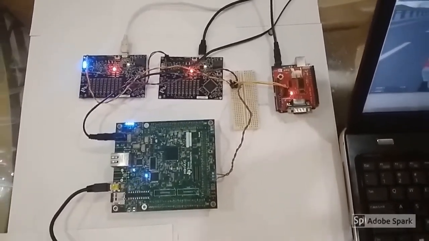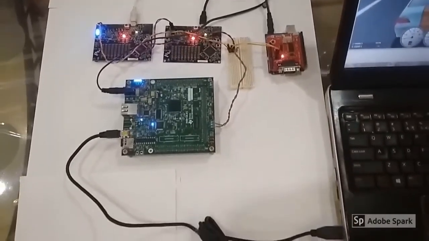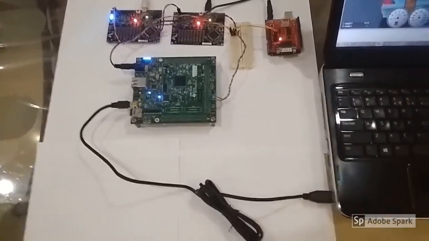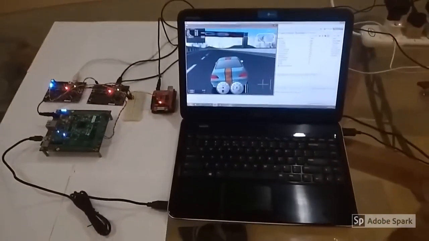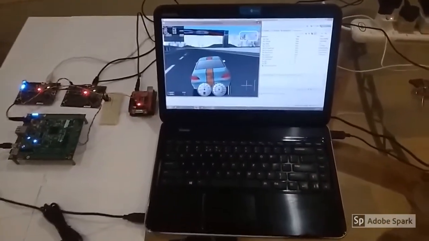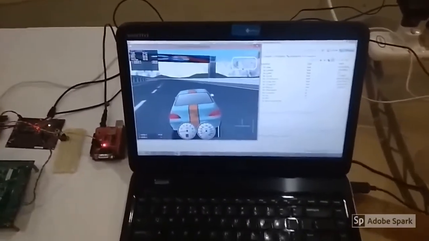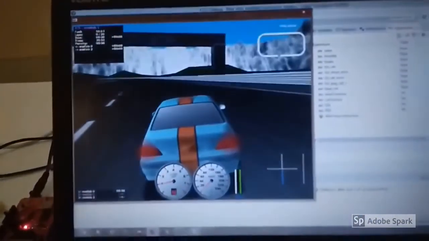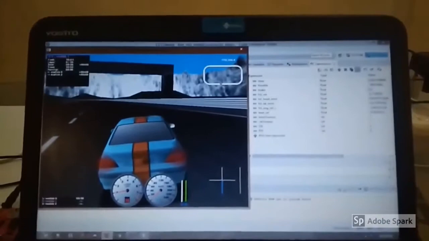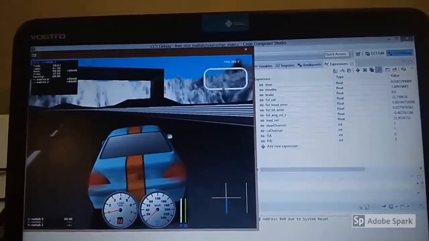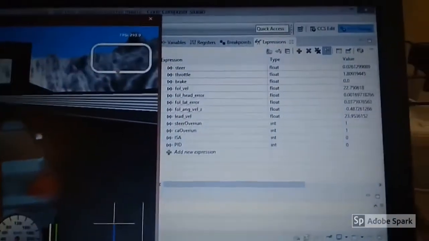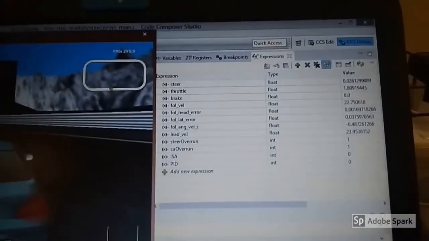We use Texas Instruments Hercules Development Board as an ECU and Freescale's Kinetis microcontroller board as gateways. Breadboard forms the CAN network with the terminating resistors. The Arduino is used to trigger the timing faults as CAN messages. And we use Code Composer Studio for compiling and debugging the FreeRTOS code into the ECU.